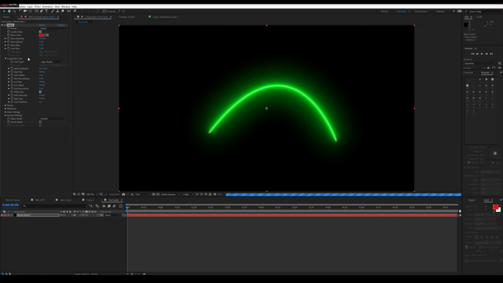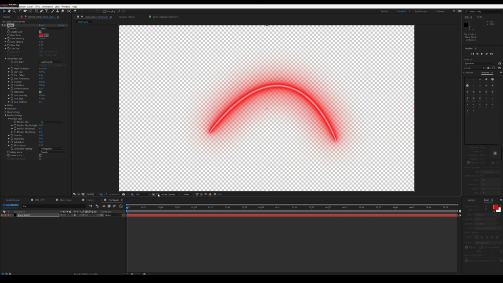You are literally able to do any of that. So the next part now, I will look at it from a different angle, getting rid of the background. So what I do is you drop this render settings and you come down to the section which is the composite settings. Yeah, that's what it is. Change that to transparent, and if I click this button right here, which is called a transparency guide,